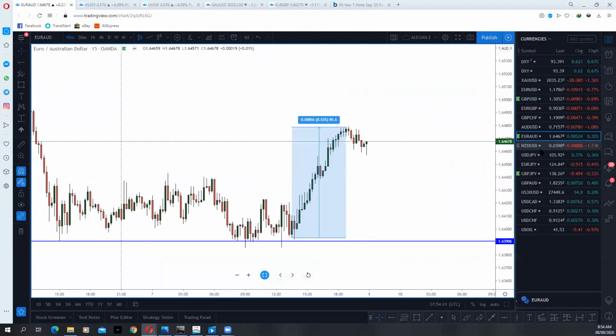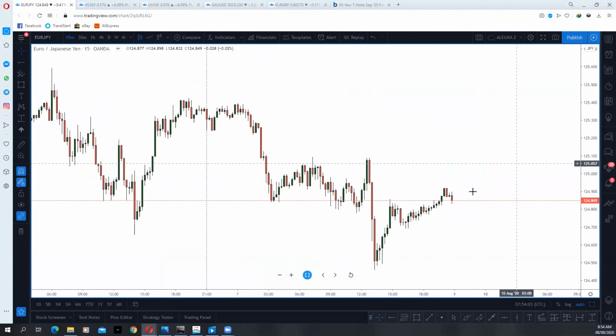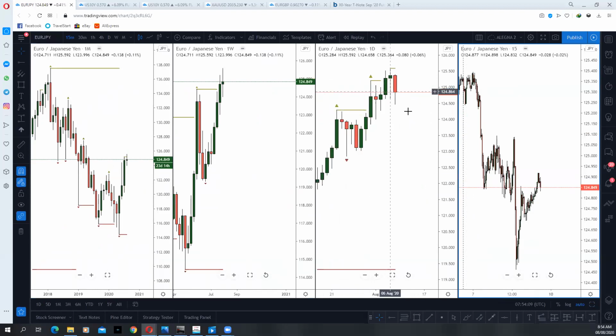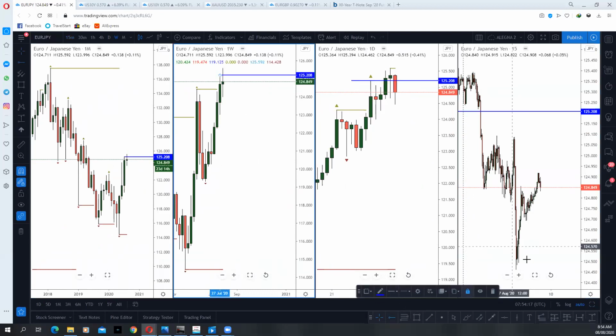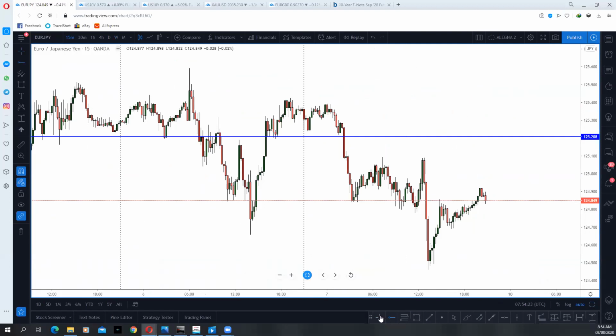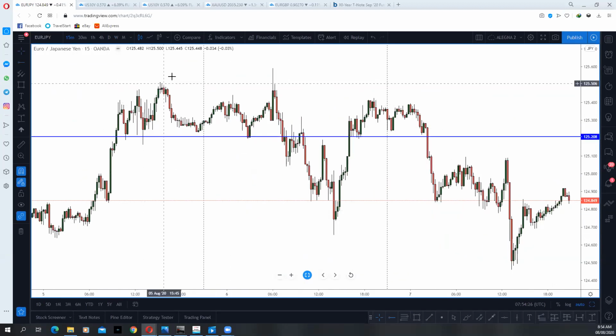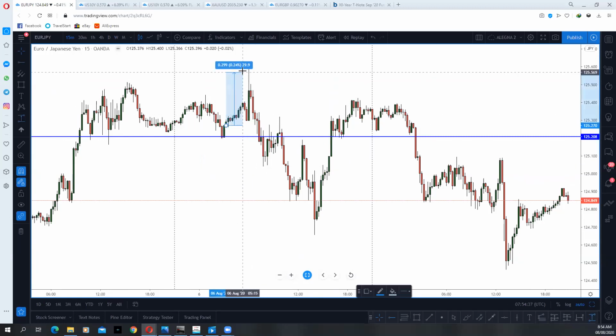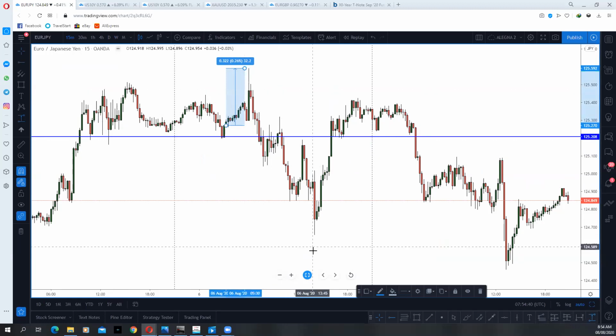But if you look at the euro yen, where's that level? If you look at the euro yen, where they did it on the euro yen, let me put that back. On the euro yen, it wasn't so obvious. As you can see, they gave a break, several retests above this weekly high. They kept bouncing above it. That bounce was how many pips? So sometimes they don't make it easy. Sometimes it is easy. This was 32 pips before they finally started dropping.